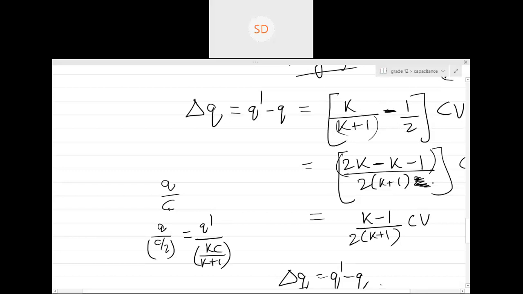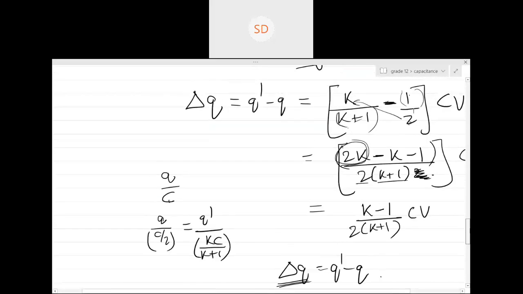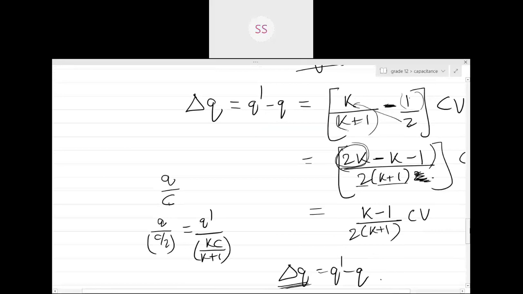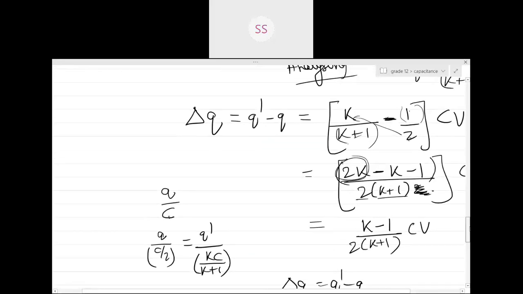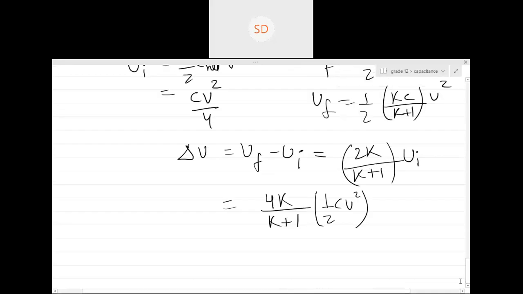You multiplied this 2 and K plus 1, right? That's correct, sir. 2 and K plus 1 are multiplied. This 2 will be multiplied over here to 2K, and this K plus 1 will be multiplied over here to minus of K plus 1. Right? Yes. So, sir, I'll check my answer. Please check it again. Okay, I didn't think the 2 is in the numerator. C net, I took it as denominator, mistake. No problem, good. Anyways, is this clear, guys? You'll get some answer like this.